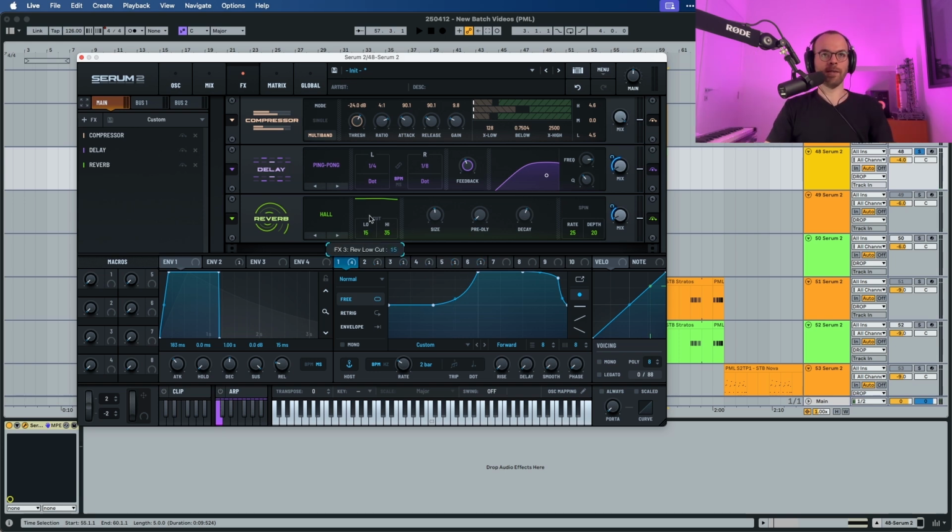Now we're gonna low cut this a little bit. We're gonna decrease the high cut. Now we're gonna increase the rate of the spin. This is essentially the spin of the reverb. We're gonna increase this rate so it spins a bit faster. Now, if you want to listen again in context,